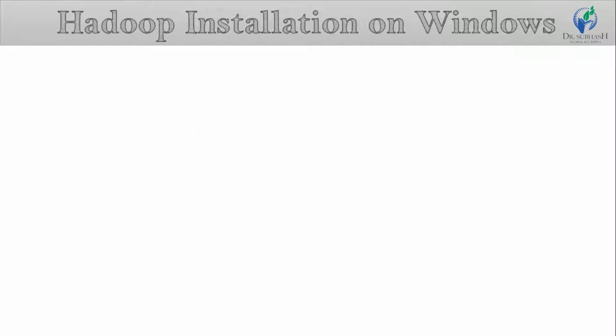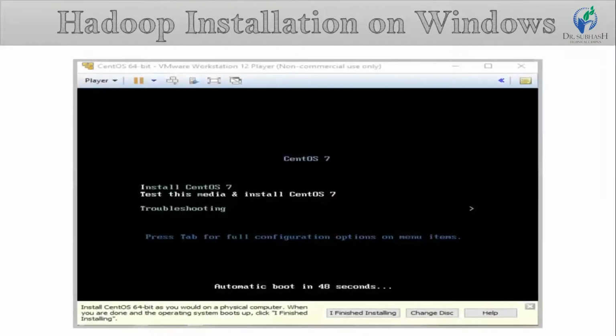After this, you should be able to see a window as shown in this image. This screen indicates that you are booting the system and getting it ready for installation. You will be given a time of 60 seconds to change the option to install CentOS or others. You will need to wait for 60 seconds. If you need the option, select to install CentOS.